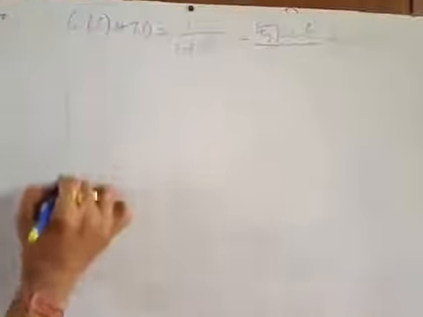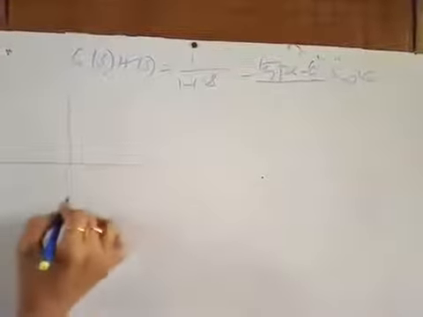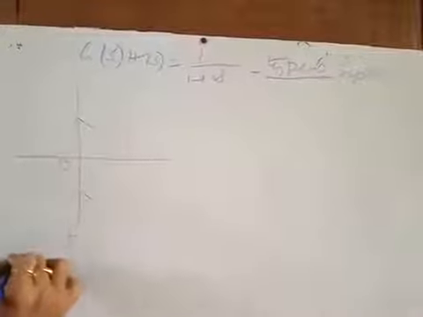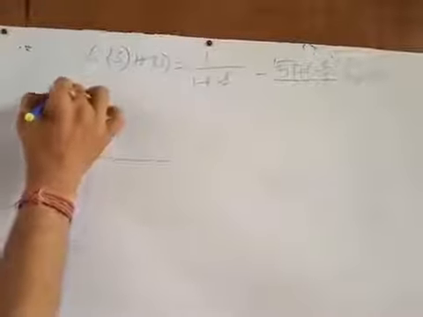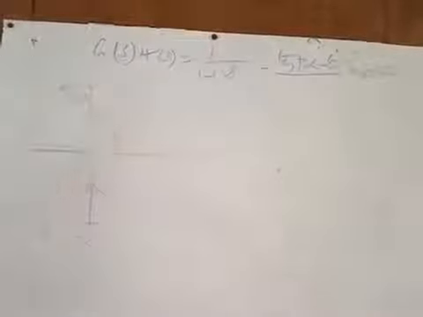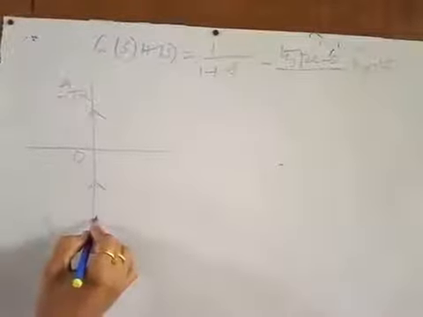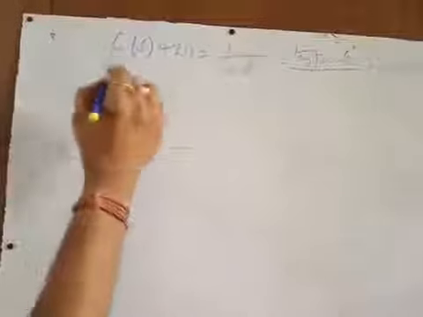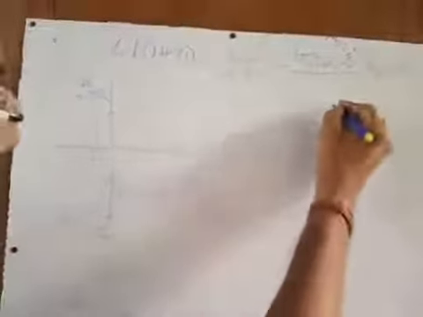And see, this is our O point, this is B equivalent to minus j infinity, and this is your point A equivalent to plus j infinity, right? So you are moving from this point, that means B to O to A, and corresponding to that we are getting